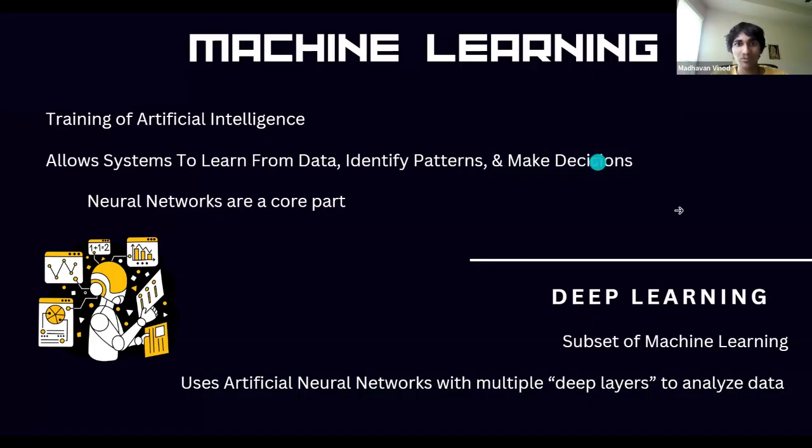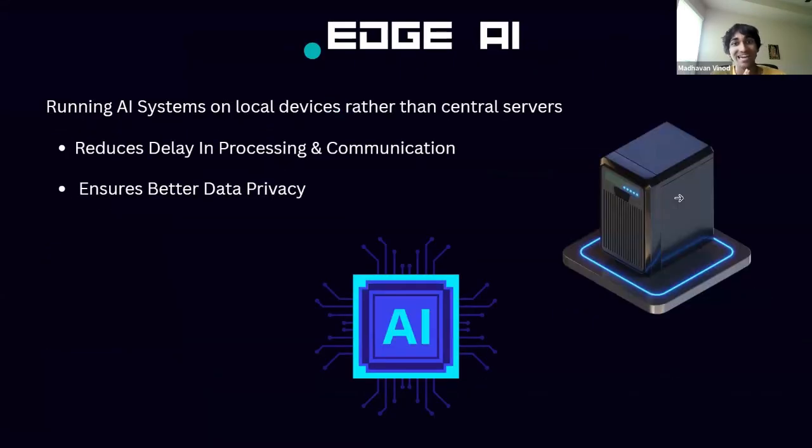Okay. And then we have a cool concept. It's called Edge AI. It's a really cool concept. I think this is also a lot simpler. It's basically running AI systems on local devices, phones, your computers, rather than central servers. If you remember, I think in one of the earlier weeks, we talked about APIs, application program interfaces, and honestly just servers, the role that servers play in artificial intelligence.